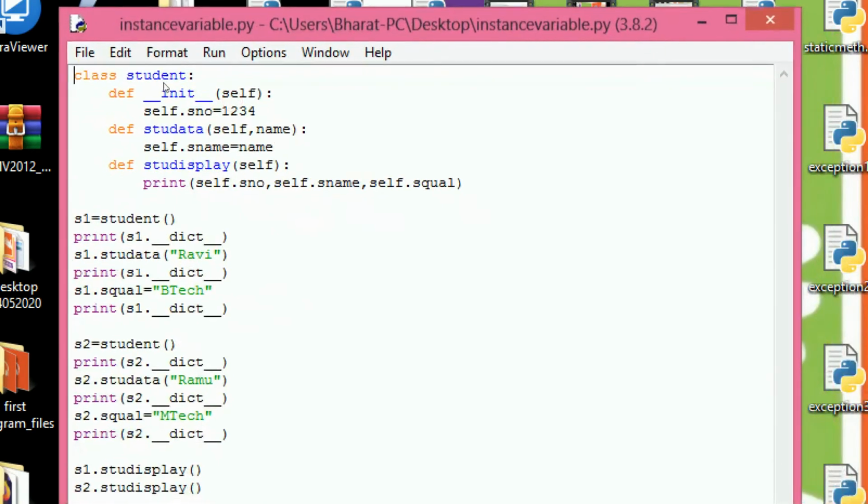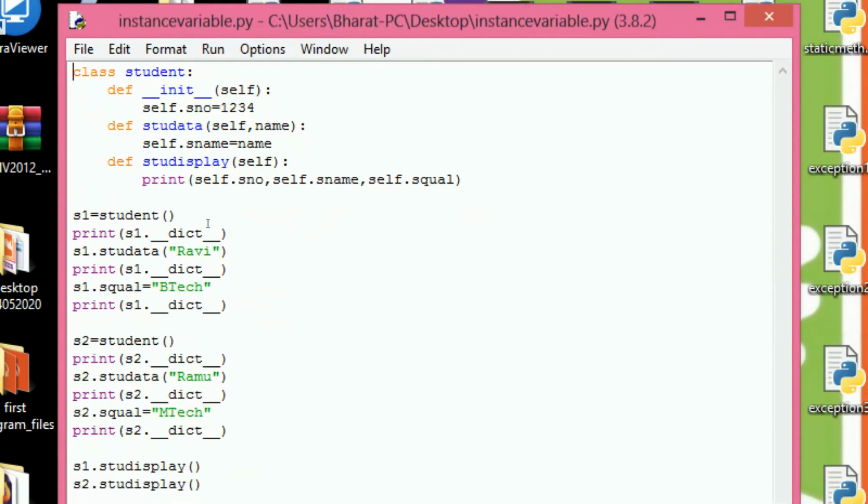Now we can see the execution of instance variables. What is an instance variable? If you define a variable with the help of self, those variables are treated as instance variables. Those variables change from one object to another object. Here S1 dot dictionary is a predefined variable used to display the current instance variables in the object.